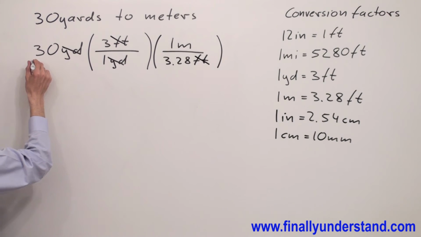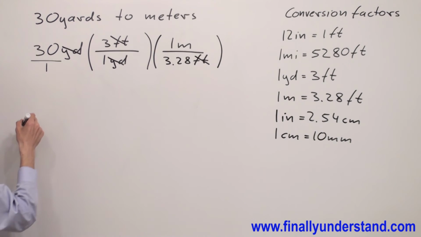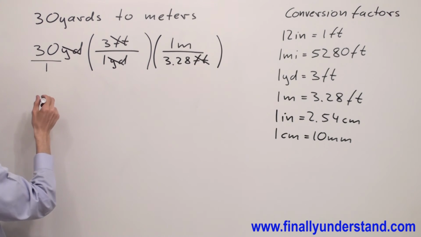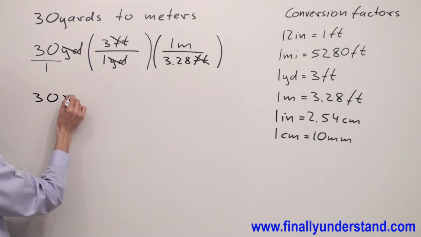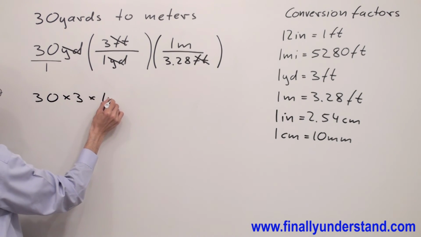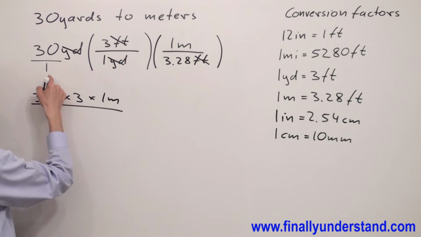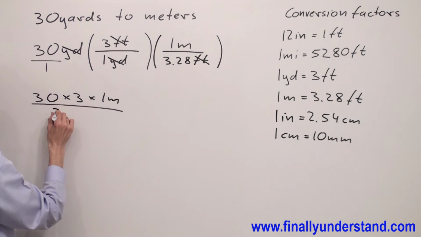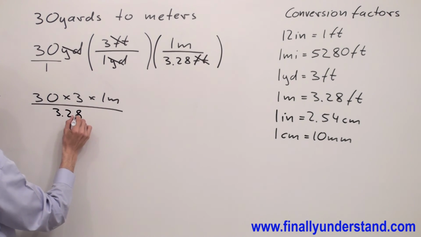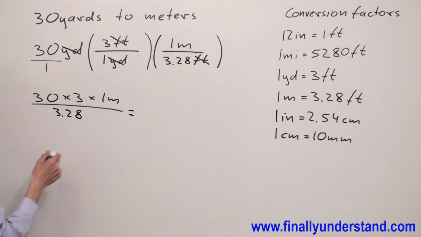Keep in mind that we can convert 30 to the improper fraction and simply multiply numerators by numerators, denominators by the denominators. You are going to have 30 times 3 times 1 meter over 1 times 1 is 1 times 3.28. Plug in these values into the calculator and you're supposed to obtain